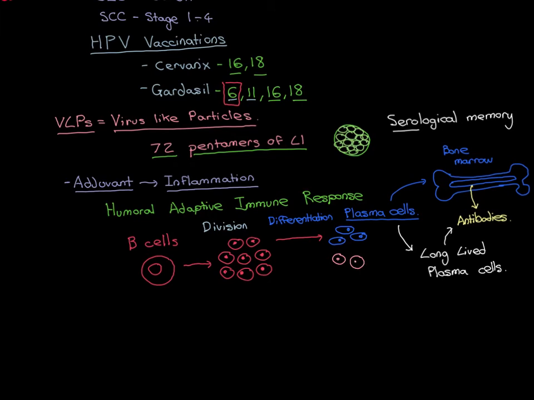Few in comparison to the amount that turn into plasma cells. So most of them turn into plasma cells, but some of them turn into memory B cells. And these are effectively doing exactly the same job as the original B cells. They are capable of being activated if ever you get infected by this thing again. So if ever you get infected by HPV6 again, and the humoral adaptive immune response is initiated again, these perform